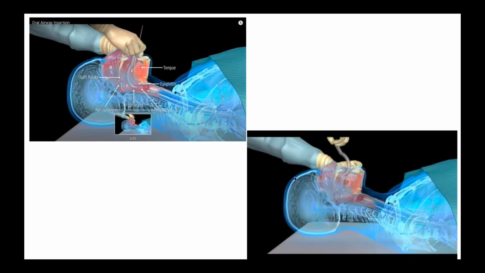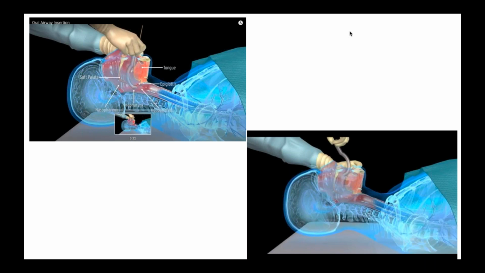And there are two techniques of putting an oral airway. This is a very simple device to maintain airway patency in an unconscious child, and one is you just put it along the shape of the palate. This way, which is shown in the upper picture, you can see the curvature of the oral airway is parallel to the curvature of the palate. So you just put it inside like this.